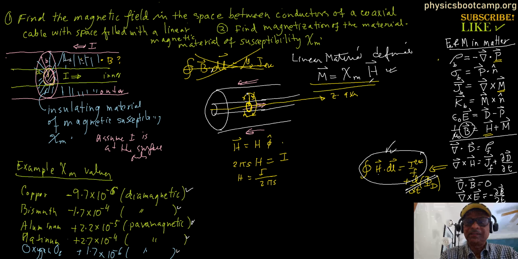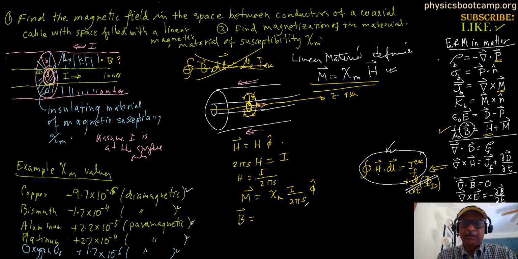and from here M will be chi m I over 2 pi s phi hat. So from here B will be